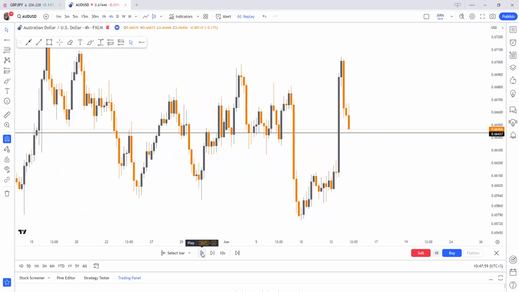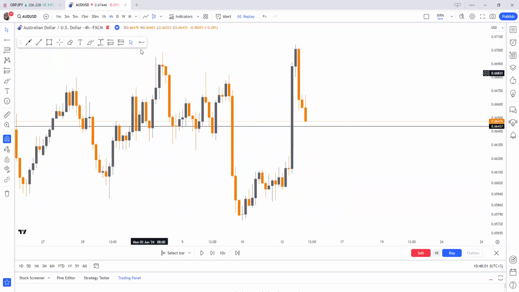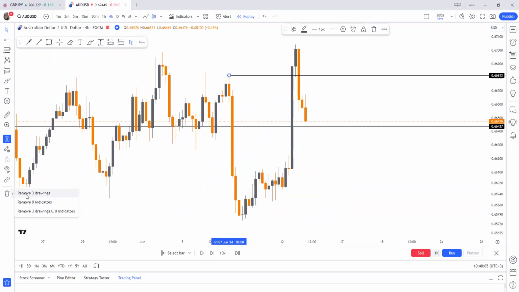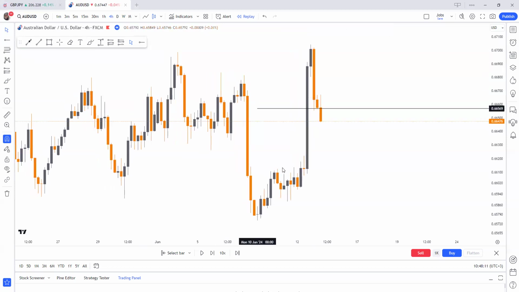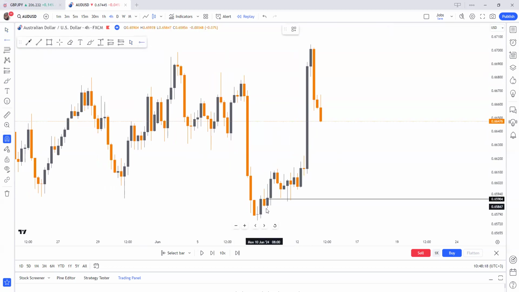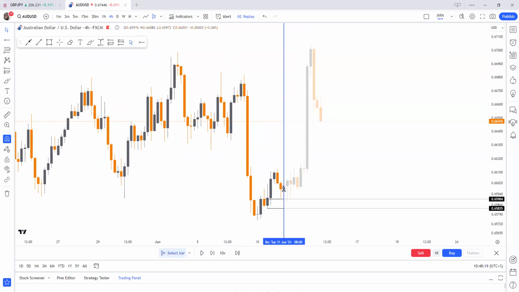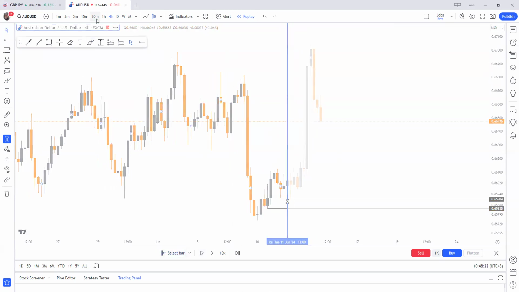So we see that price, from this structure here, has already shifted from above here. Let me clear all the drawings. So we have the shift, and we had the first formation, the second formation, the third formation. Eventually price will have to come to the third formation here that was created by the price. Inside this formation, we'll be looking at the